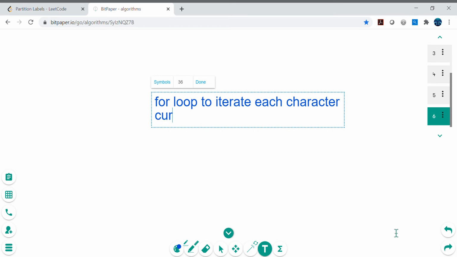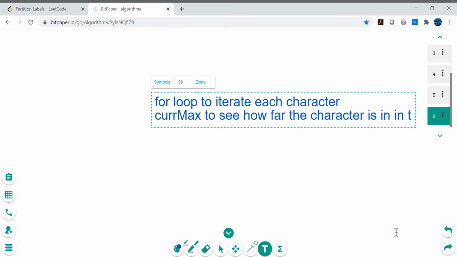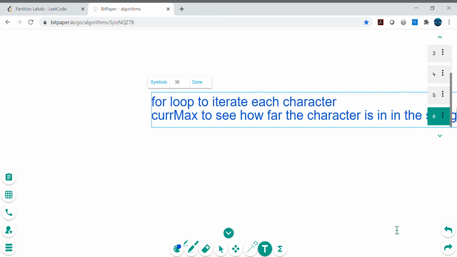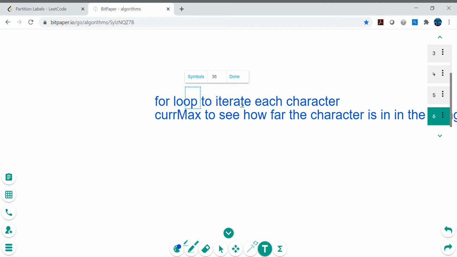and I need another current max to see how far the character is in the string, right? So how far that character is in that string, right?